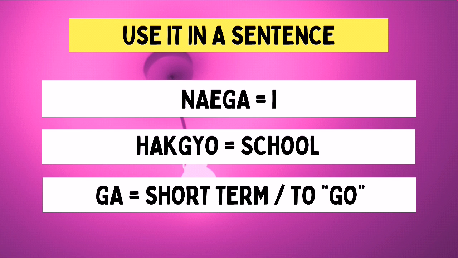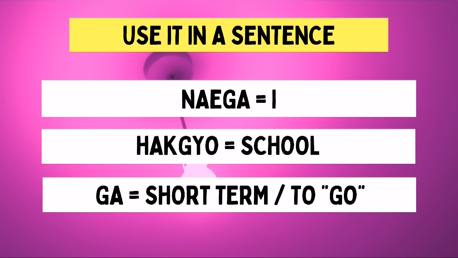The Korean sentence is composed of three words. 내가 학교 가. The first word is 내가, which is our word for today. As mentioned, 내가 is used to pertain to yourself as the subject of the sentence because the ne part means I and the ga part is a subject particle. So, when you say 내가, you are specifically saying that you are the subject of the sentence.